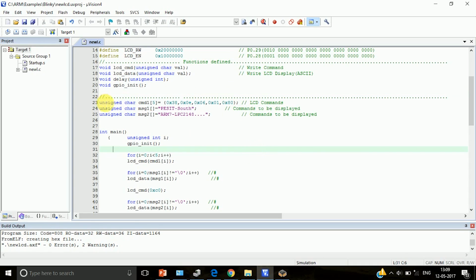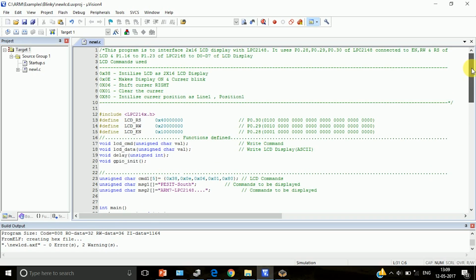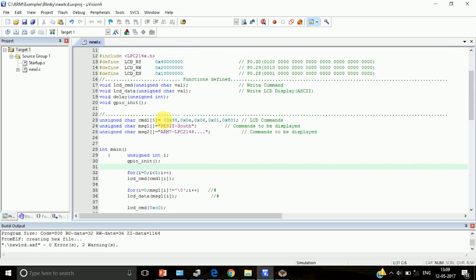Then after that, coming to the declaration part, unsigned character command 1. So all these commands that we just studied, 38, 0E, 06, 01 and 80, we have put in an array, and we are calling this array command 1, and it has got 5 elements. Then the next are message 1 and message 2 that we are going to display onto LCD. Message 1 is Pesit South, message 2 is ARM7 LPC 214. Coming back to the main program,